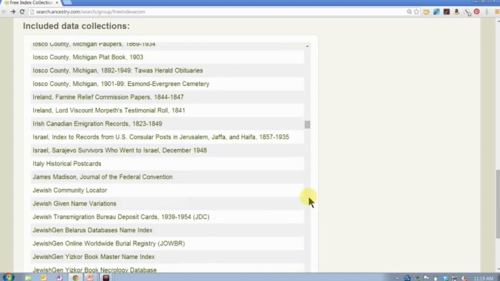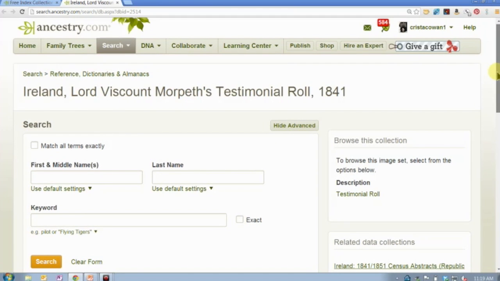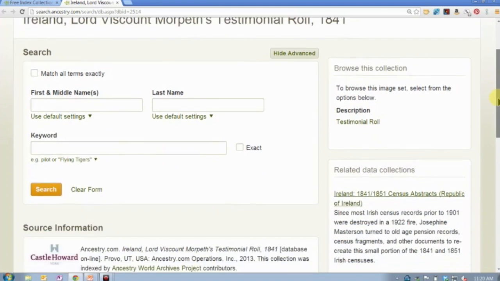Hungary. There are some Irish records, a few, most notably Lord Viscount Morpeth's Roll. The Morpeth Roll is kind of a fun story if you haven't had the opportunity. And you should do this with any database you check out on Ancestry.com. Whenever you find a database that you're not familiar with or that you haven't used before, I always encourage